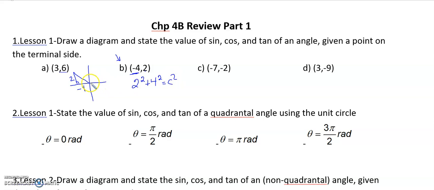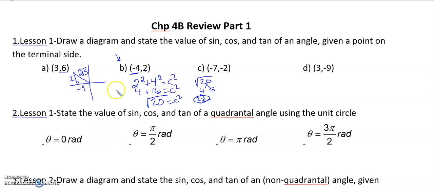Okay, and the third side would be the hypotenuse. So we're going to use the Pythagorean theorem. I end up with the square root of 20. And I want to take that and simplify it. So 4 times 5 is 20. And I can simplify the square root of 4 to be a positive 2. So 2 square root of 5 is the third side for this particular